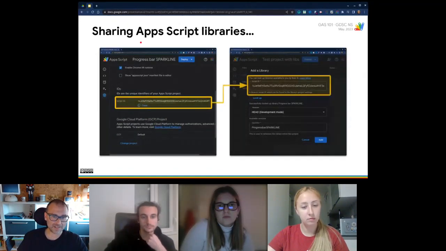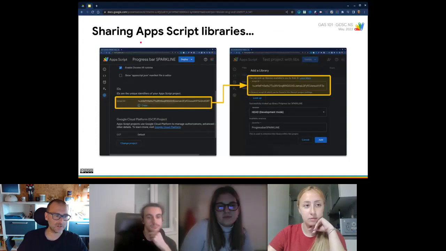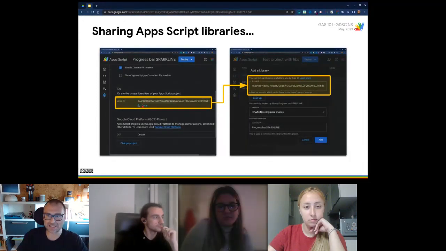And last but not least, this is how you should share a library. First, you have to get the script ID. This is the Apps Script Integrated Development Environment, the IDE. The script ID is here. You have to copy it, publish it, and also share the script where this code lives.